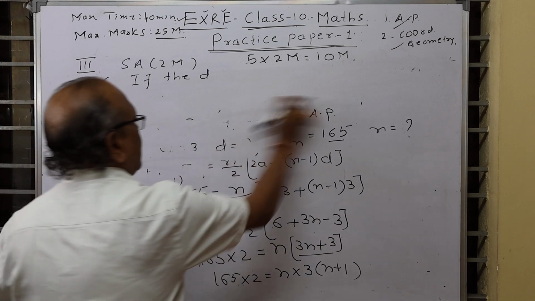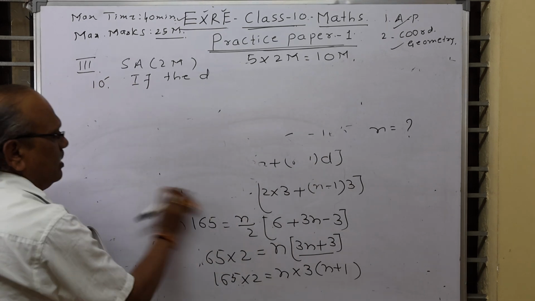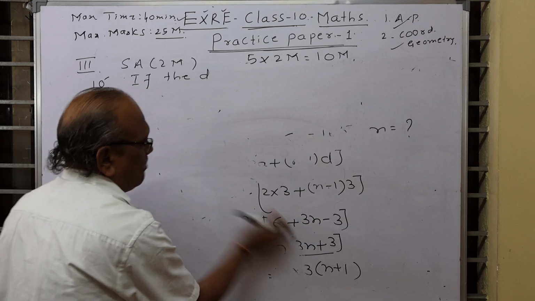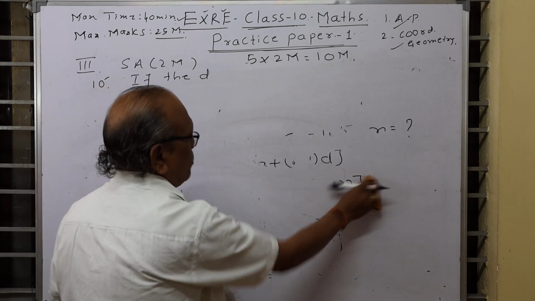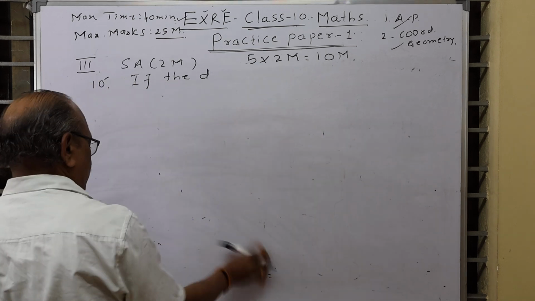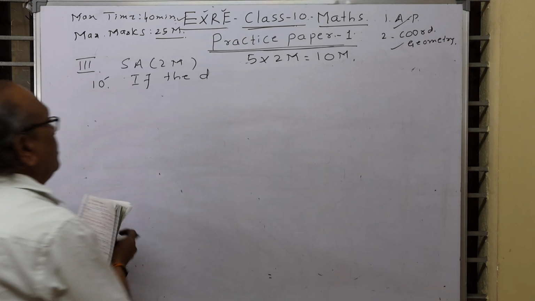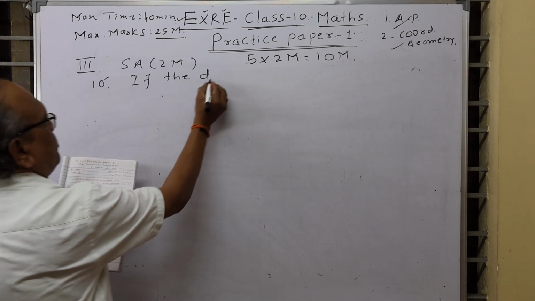And if you solve them correctly, you will get 10 marks in the part B, 10 marks in the third main, short answer question, 2 marks. After this, you have 2 more questions, one essay type question of 3 marks, and lastly, one question of 4 marks. Right? Okay. Find the distance between the points,